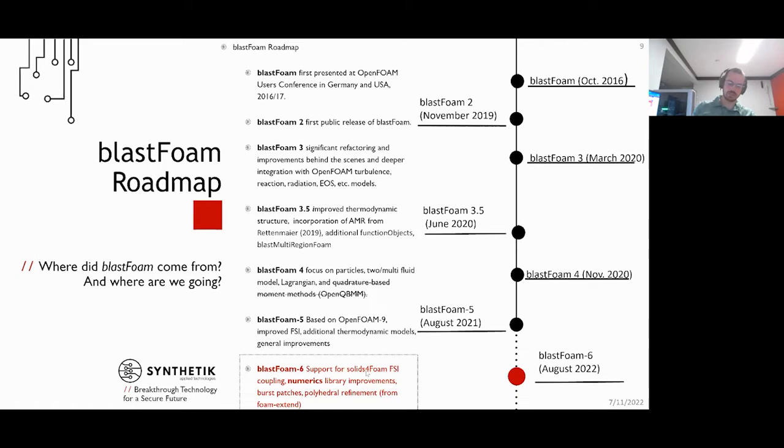So this included 2D axisymmetric, as well as load balancing. We've done a lot of work with more true Euler multi-fluid, multi-phase models. We added support for Lagrangian. And then the upcoming release, which should be out in August, really is going to have a focus on